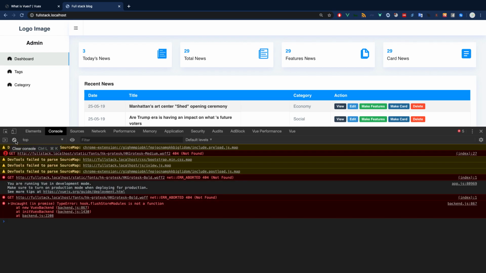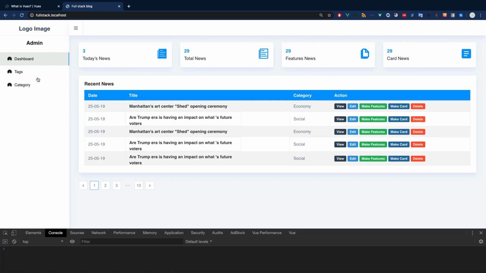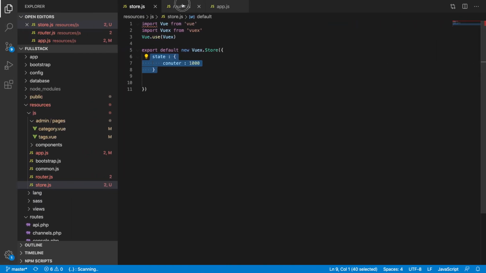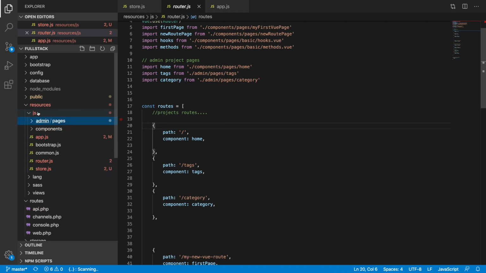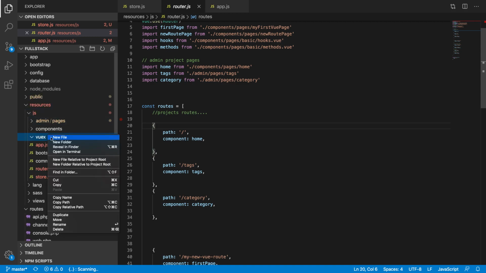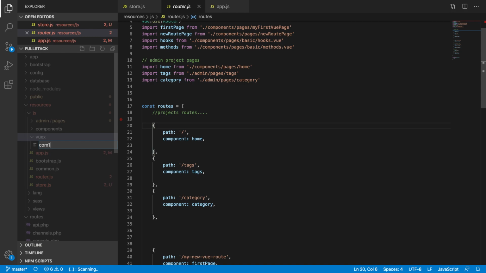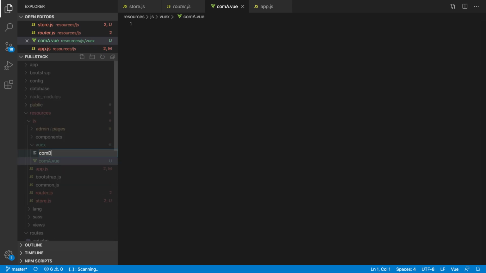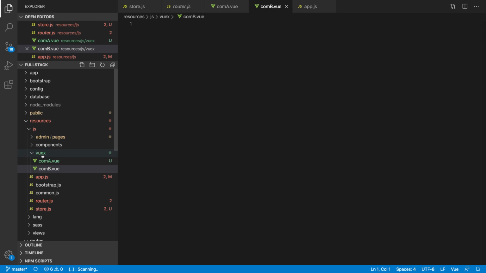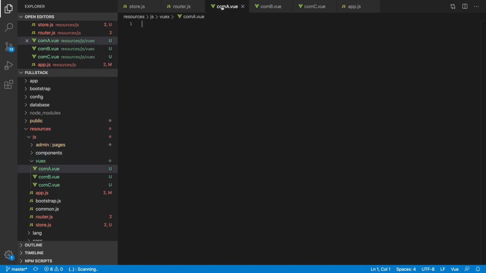and instead of having it in our code base, we will actually create a new page, and let's create a new folder for our Vuex practice. Okay, so let's call it Vuex, and then we can call it comp A component, a.vue. Let's say we have another component, comp B.vue, and maybe another one, comp C.vue. Okay, so we have three,